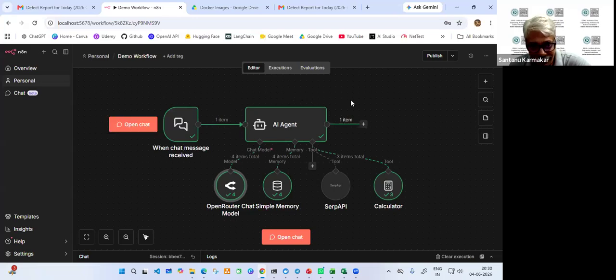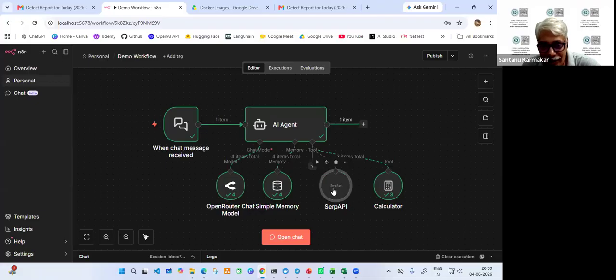So this is an AI agent which has, as I said, this is the brain, this is the chat memory. You can have different types of memory attached to this. And then you have two tools. One tool, this SERP API, basically looks into the web and finds information. Like if I ask it,